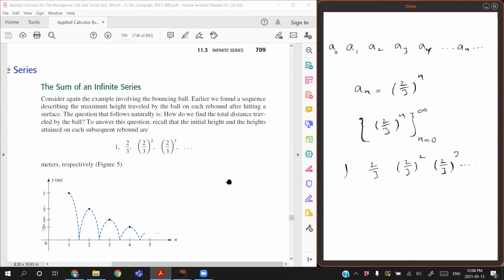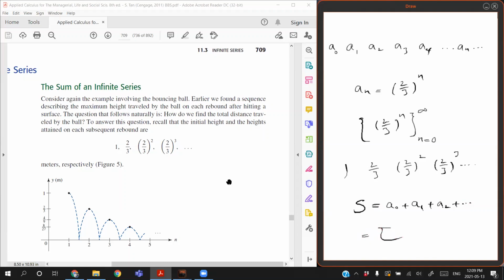Now, if you add up all the terms of a sequence from the first one forever, what you get is called a series. So I'm going to use S to indicate the infinite series, and S is going to be A0 plus A1 plus A2 all the way to infinity. So this is an infinite series,